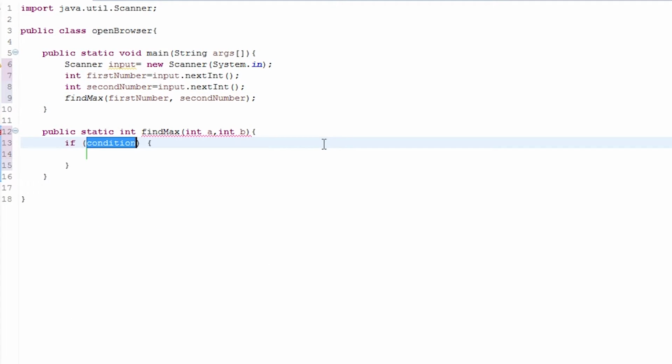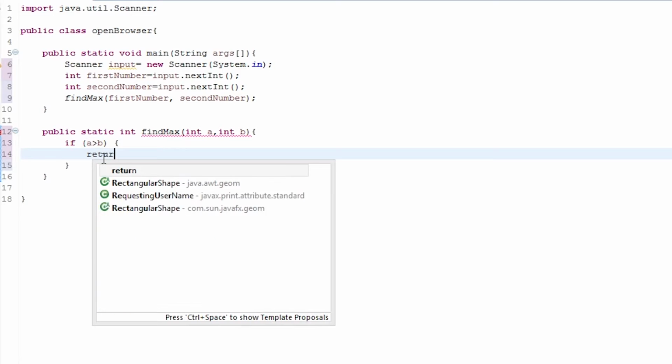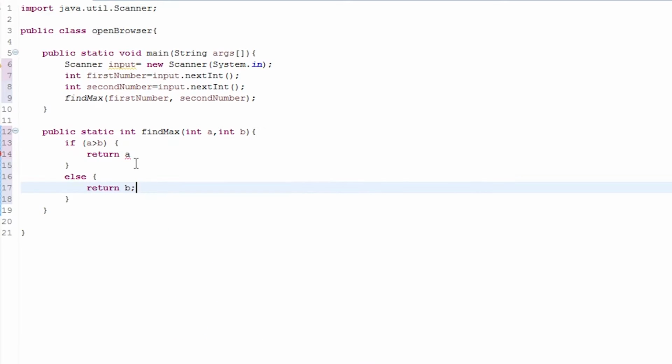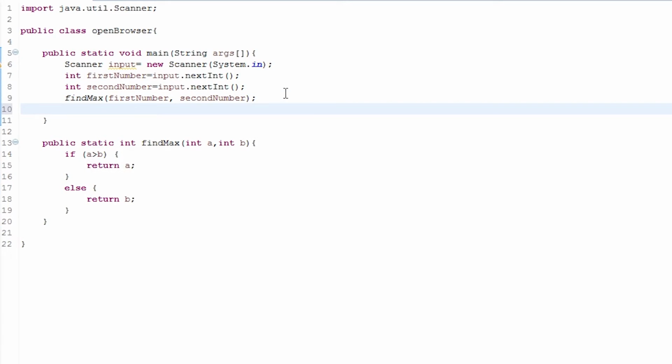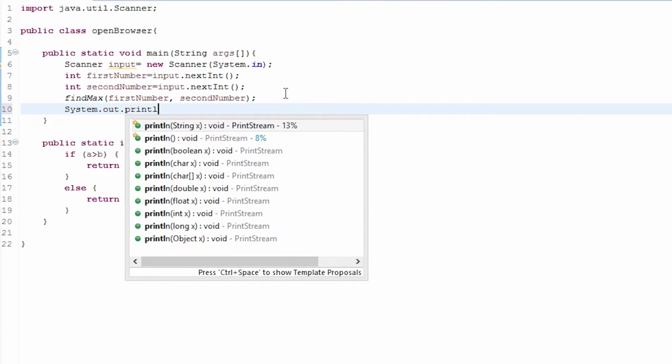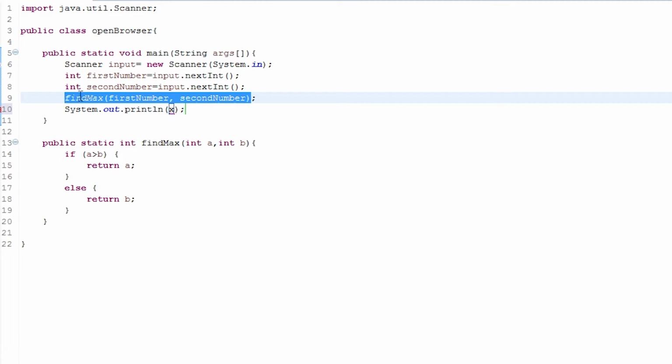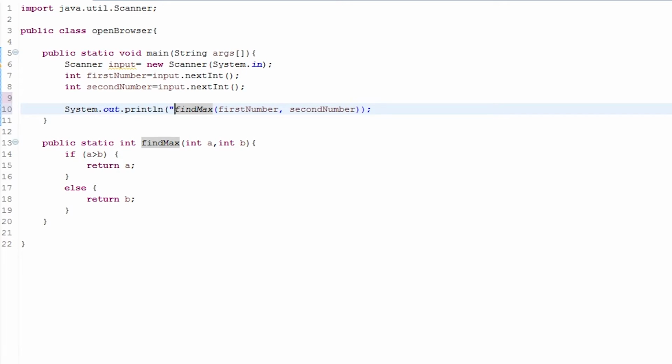Inside here, I will do an if statement. If a is greater than b, return a, and else return b. Don't forget your semicolon. Save this, and then I want to system.out.println. This will only give me a value for finding the max, but it does not print it, so I have to cut this, paste it in here, and write something descriptive. This is a max